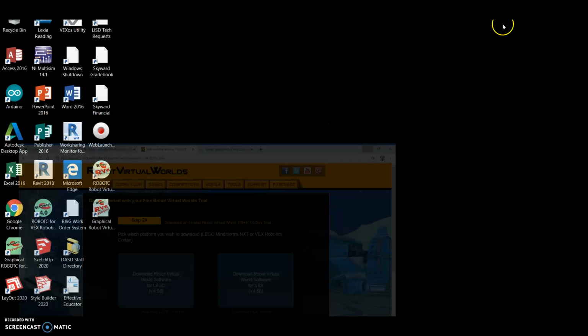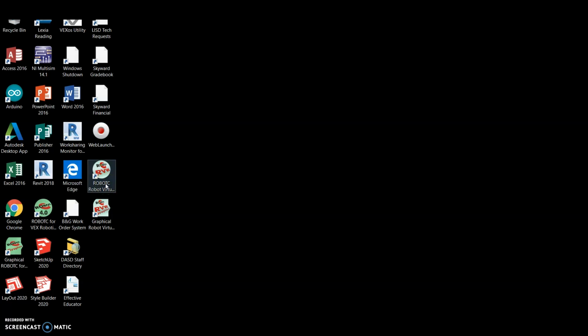What it should look like on your computer screen is it should look like this, Robot C, Robot Virtual World. Or it'll just look like this to start, Robot C for VEX Robotics. And then we're going to go into it and set it up for Robot Virtual C, for our virtual worlds. So when you go into Robot C,